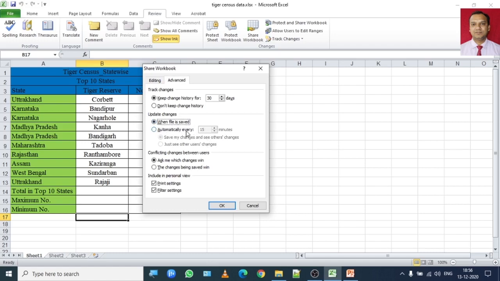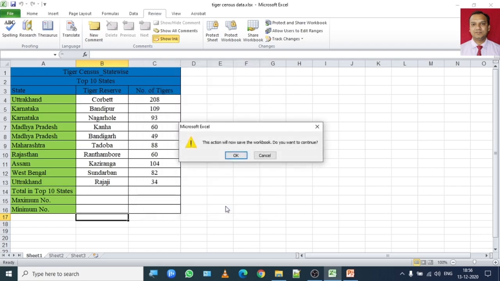By default it is taking 15 minutes of time. You can increase according to your choice. And if there is some conflict of the data, it will give you a warning message that somebody is going to update the same data, or both the team members are updating the same data. So you will get a warning message. So you have to judge there and make whatever necessary changes you need to make. Once it is done, click on OK.